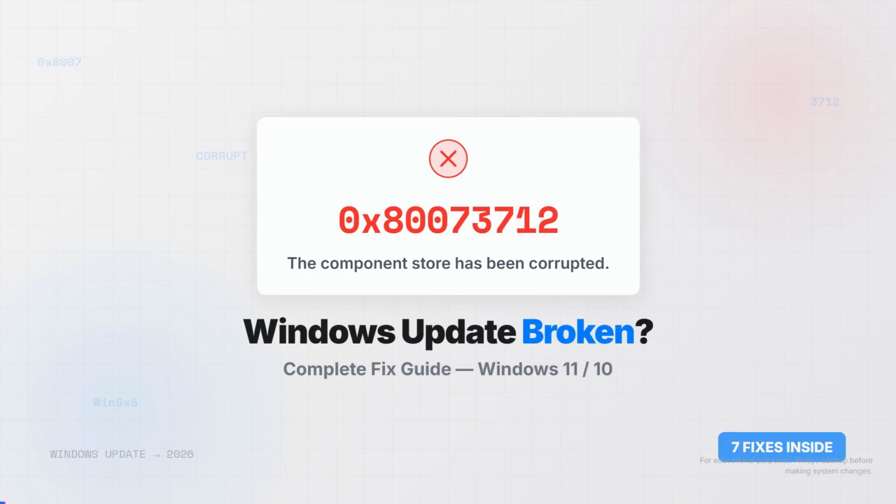Windows Update Error 0x80073712. The component store is corrupted. Don't panic. Here's exactly how to fix it, step by step. Error